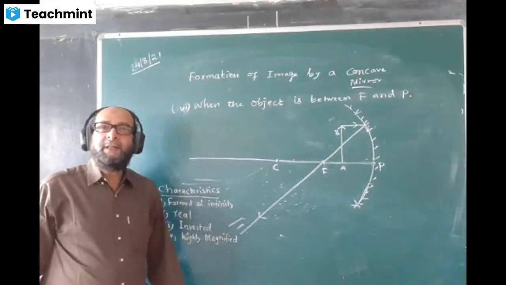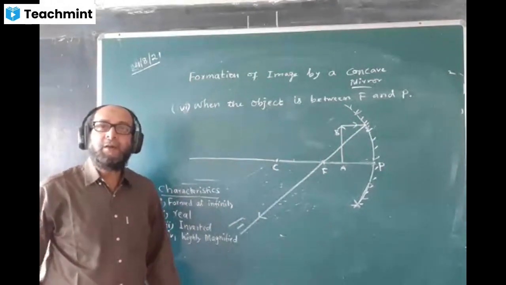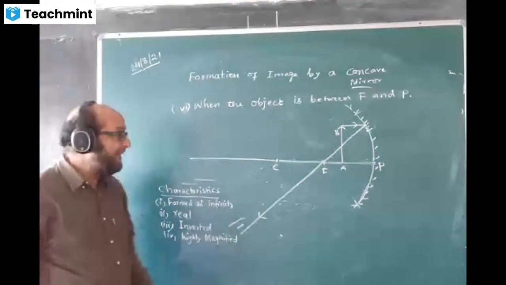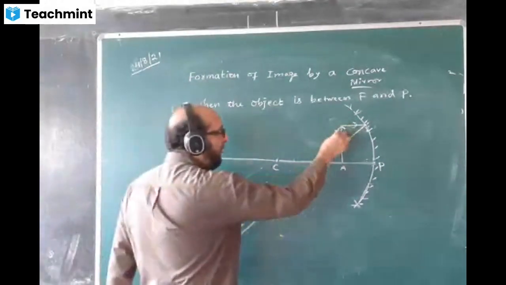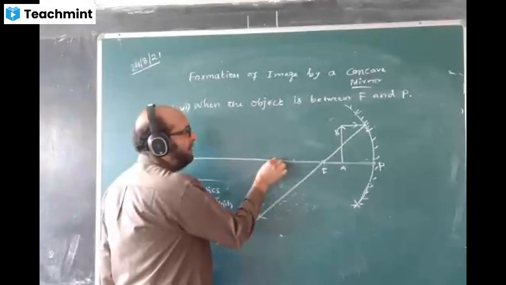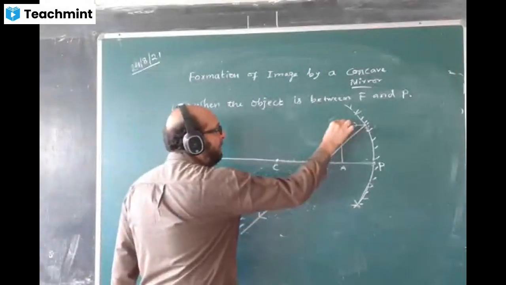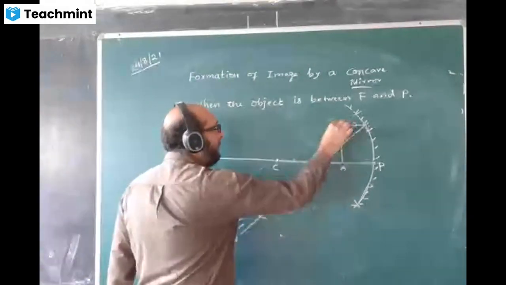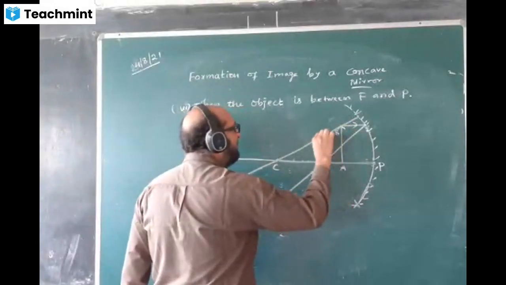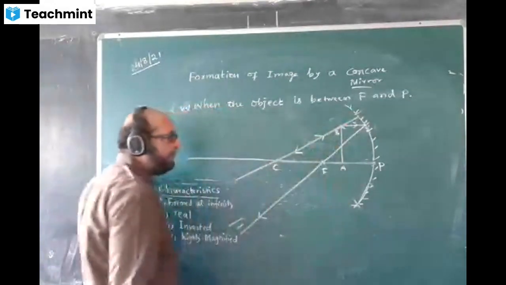Now tell me, how do we take the second ray? Can we take it through F? If I take it through F, it will not pass through the mirror. I'll take it through C again. This point and this point, I'll take the ruler between these two points and draw a line like this. This ray will be scratching the mirror and returning back.